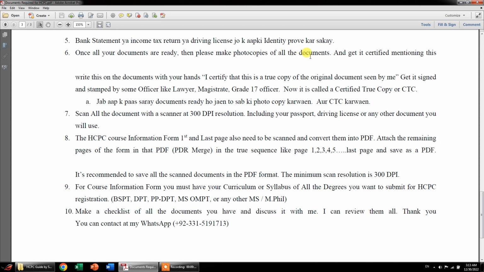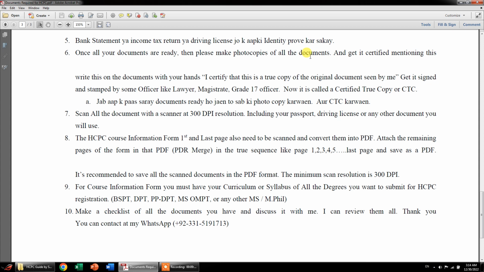Till now you have been making the original certificates and original documents. After that you have to make the photocopies of all the documents and then get them certified. Once you go for the process of certification, there must be somebody, let's say a grade 17 government officer, a lawyer, a judge, or a doctor, or somebody who can attest your document, and he